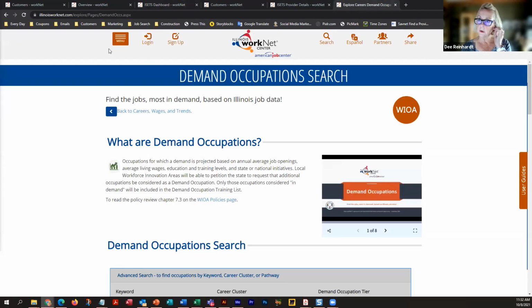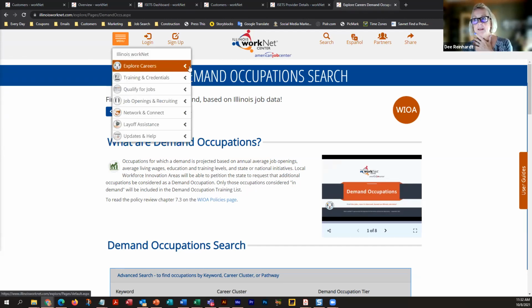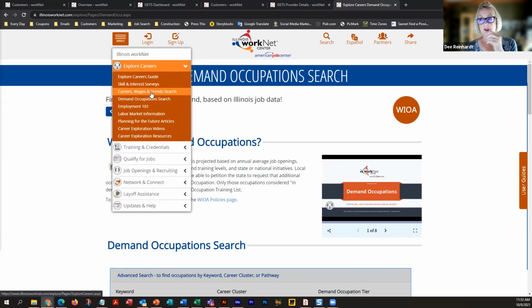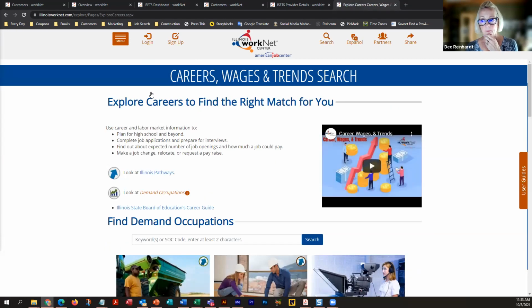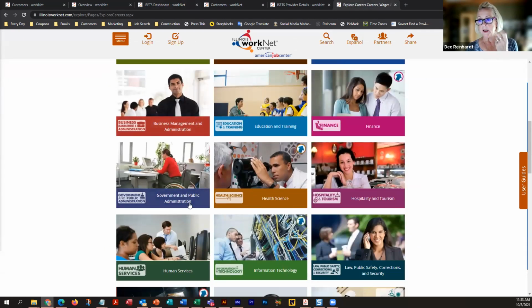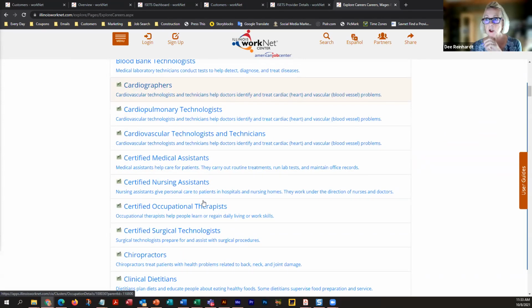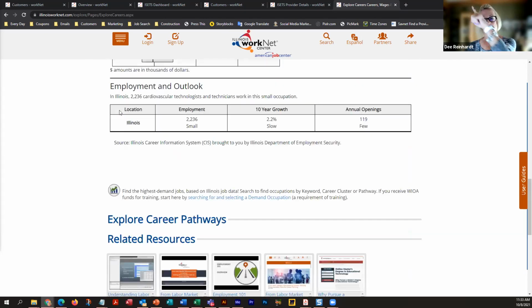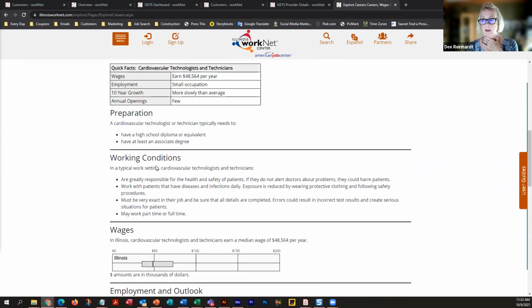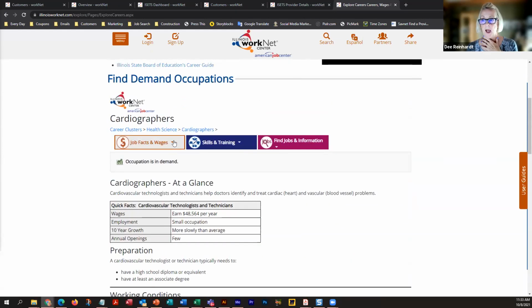We got a question about breaking the information down by region. I teach a job seeker workshop on occasion, and I love this career wages and trends search. If I go to health science, and I want to look for a cardiopulmonary technologist, it's considered a high growth industry because it's got the arrow that goes up. I get shown this information, but if I go to job facts and wages,